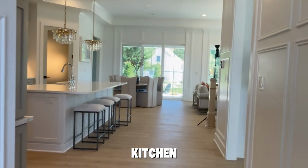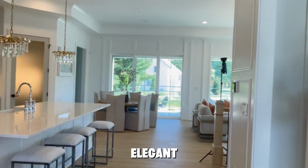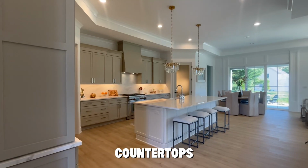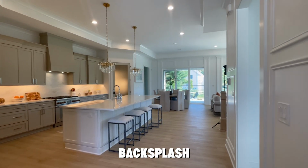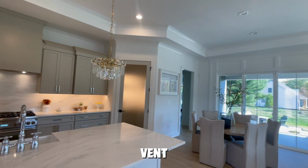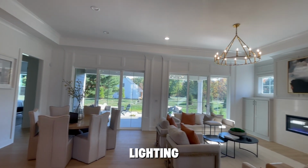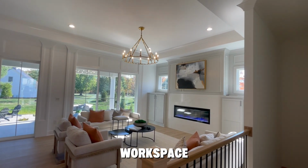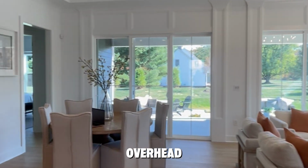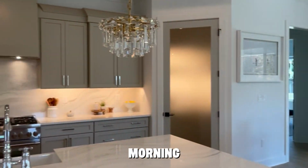Let's start in the kitchen. You'll notice the elegant gray shaker-style cabinetry paired with stunning marble countertops and a matching backsplash. The stainless steel gas range sits beneath a sleek vent hood, and under cabinet lighting adds a warm glow to the workspace. Over on the island, a crystal pendant light hangs overhead, making this the perfect spot for morning coffee